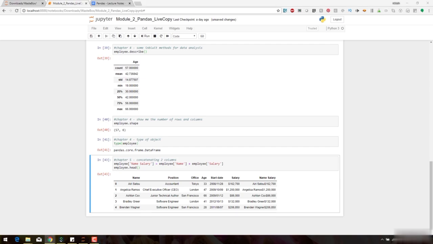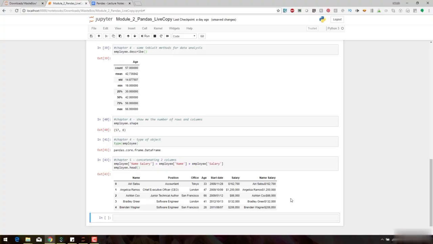Okay, so technically we added a column, right? Now if you were to remove a column, like you actually have too many columns and you want to remove a column, how do you do that? One is definitely what we saw in the last lecture, where we just selected a few columns. That is definitely one. But if you want to permanently drop a column out of your data set, you could do that as well. And the way that you do that is basically, let's say